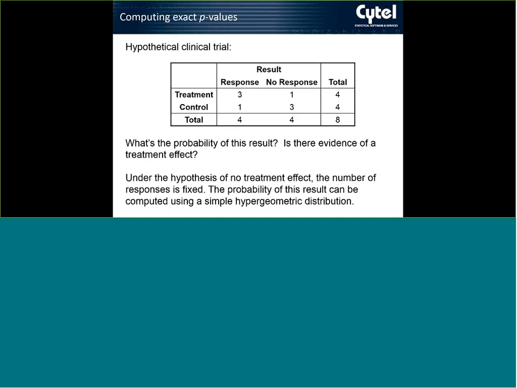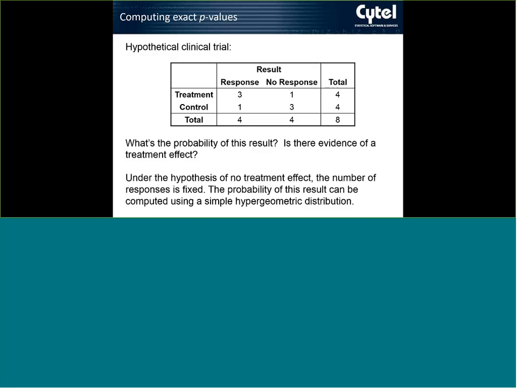And the question would be, for an investigator, is there some sort of treatment effect? In other words, is this evidence that the 75% response rate among those who are treated is significantly higher than the 25% response rate among those in the control group? Using conventional statistical practice, we would ask, what's the probability of this result, and what's the probability that we would see something as or more extreme than this outcome under the hypothesis that